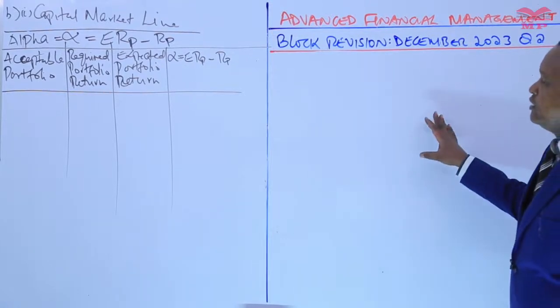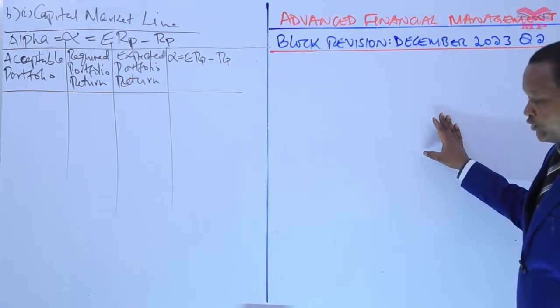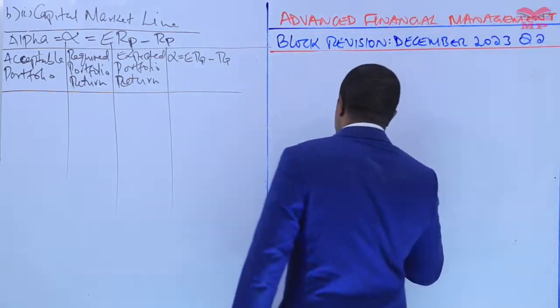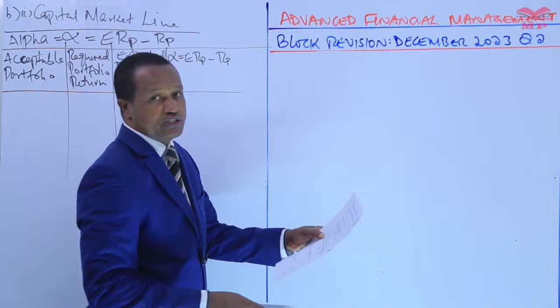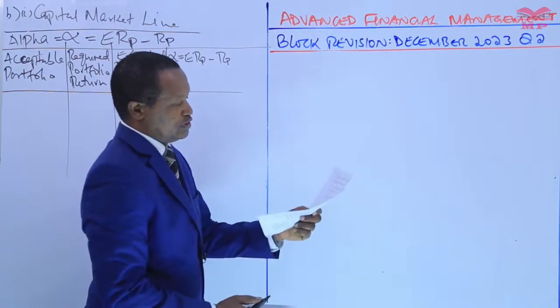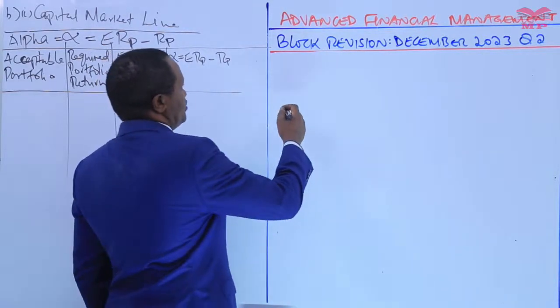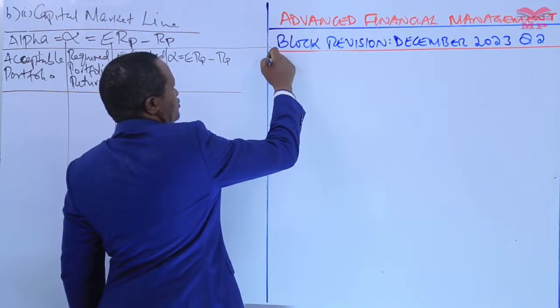So in our next phase, we are going to work out or determine the efficient portfolios from the information provided in note number 4. So we're going to have here a column for asset portfolio,